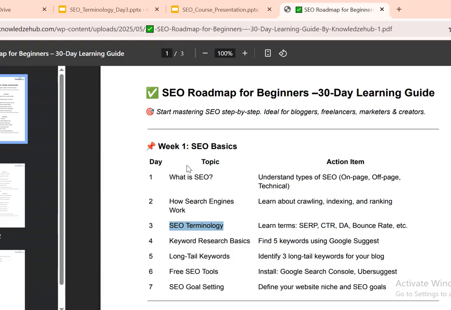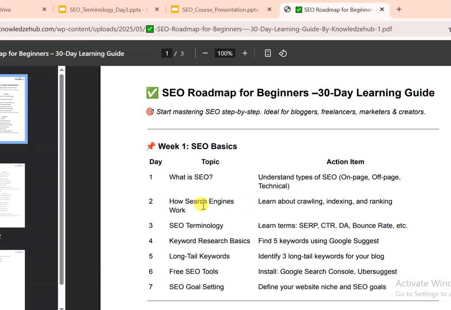On day 1, we discussed what is SEO, understanding its importance in driving organic traffic and improving website visibility, and types of SEO: on-page, off-page, technical SEO. All these points we covered in day 1.